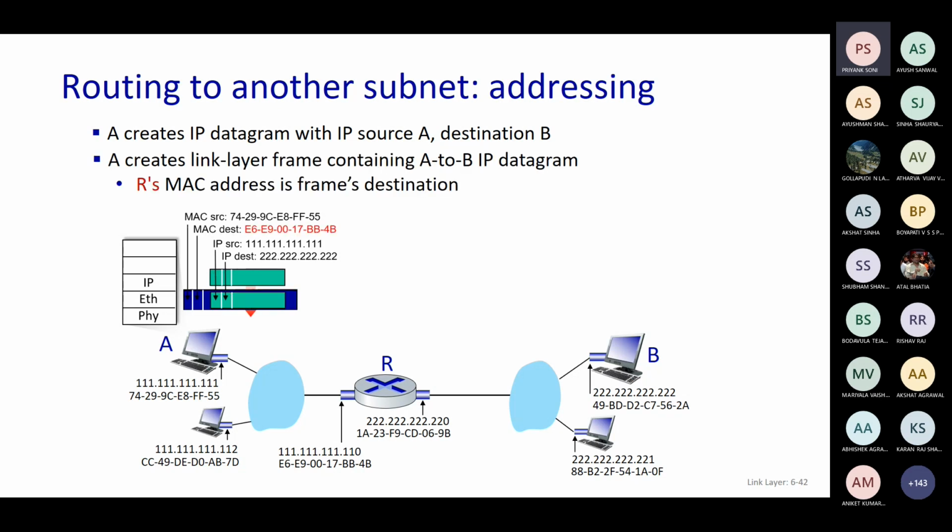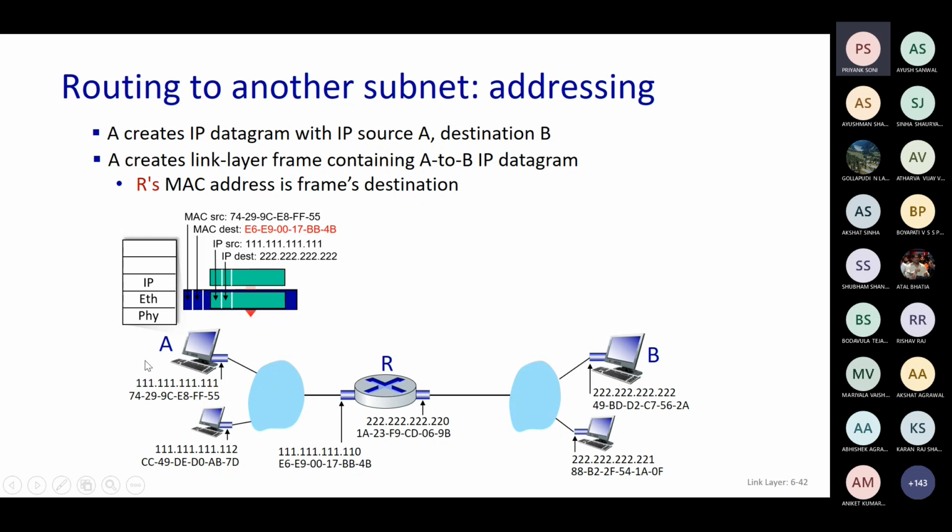Now what else is needed? With this information, what else is required? At the network layer, this information was given to you. That means the IP address of the source and the IP address of the destination were put into the header. Now when it comes to the link layer, the MAC address has to be added correspondingly. So what should be the MAC address in this case?